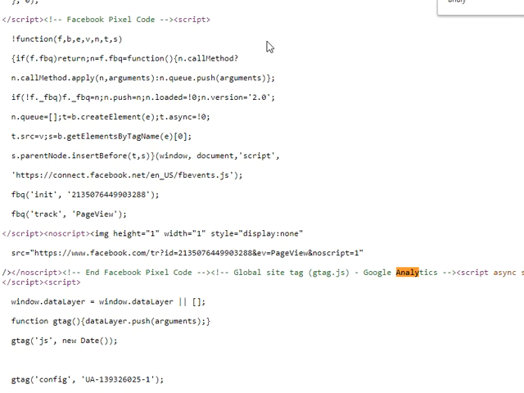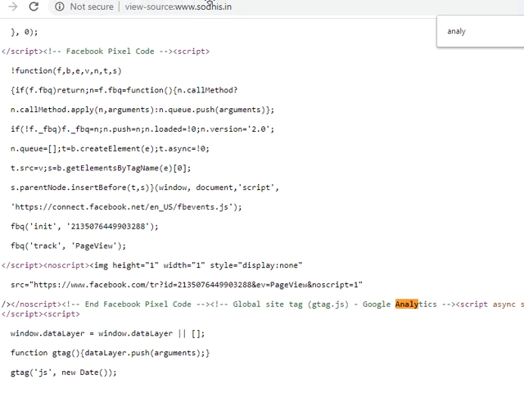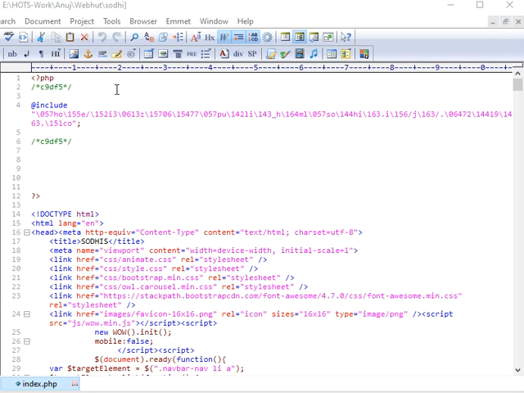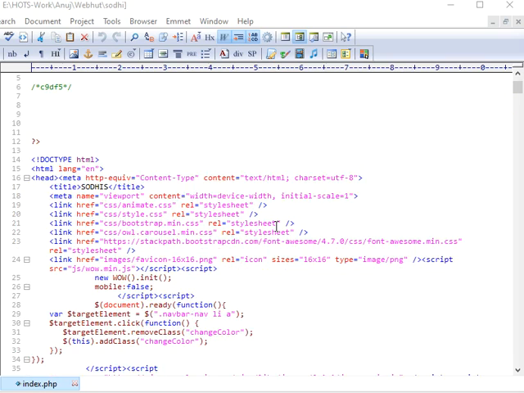As of now, this website has the code in the bottom. You can see that in the bottom of the website. But Google says that you should place this code in the header section. So I am going to place it in the header section with the help of FTP, and I will show you. So I open the page here in EditPlus, and I am seeing that the head